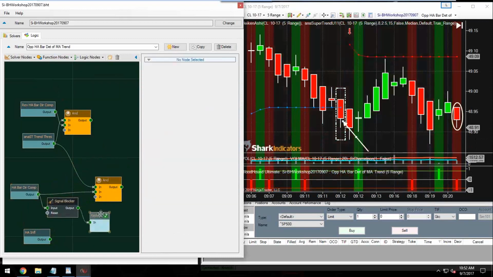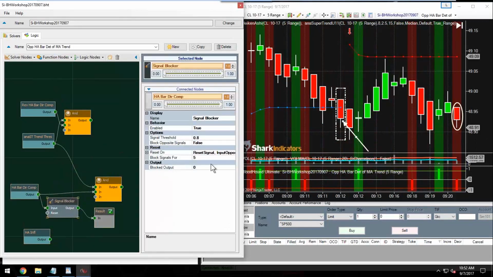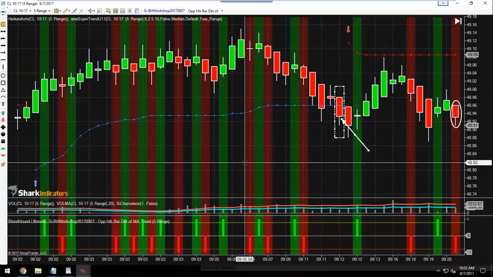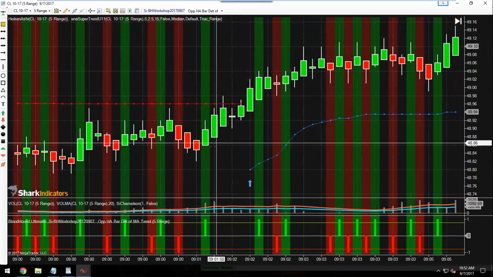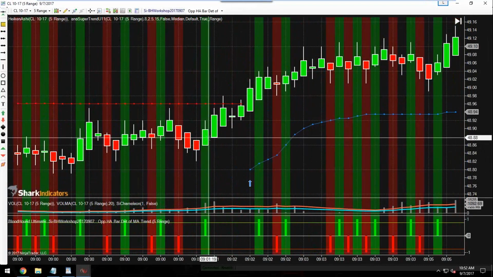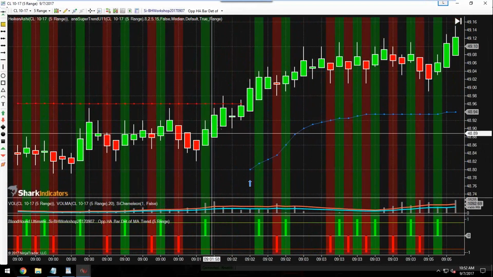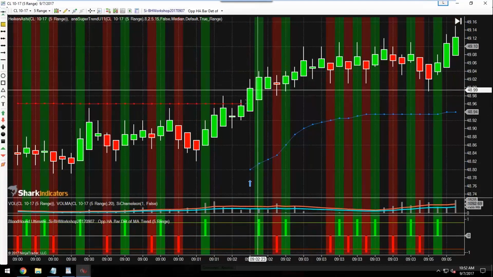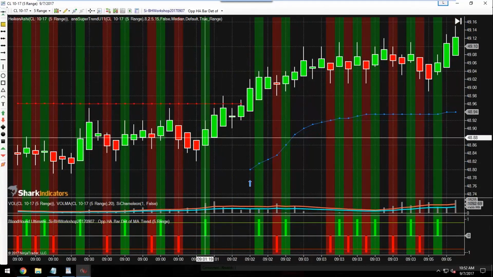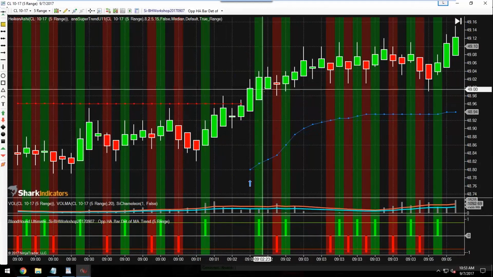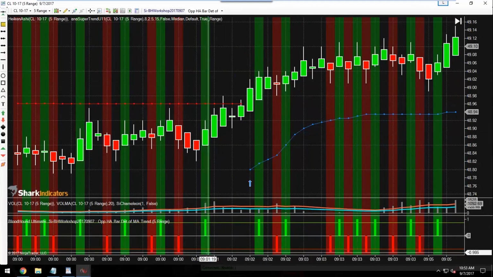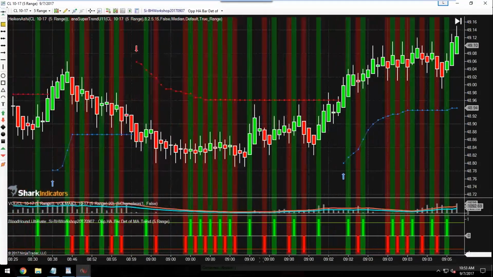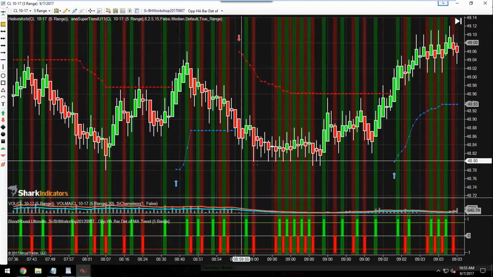Let's take a look at this. What I'm going to have to do is guesstimate how many Heiken Ashi bars in the same direction, how many green bars in a row or red bars in a row,